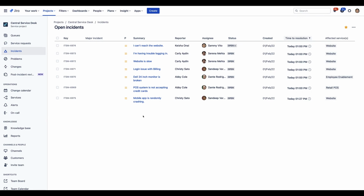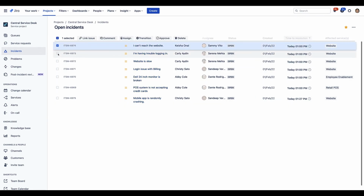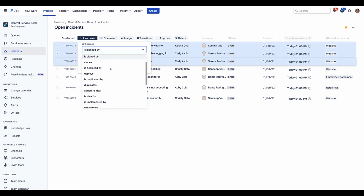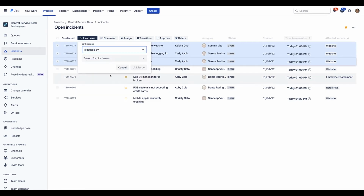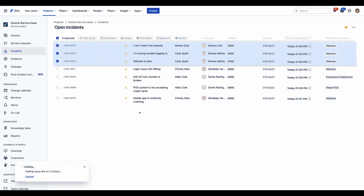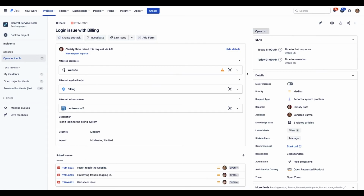Once your incidents have arrived, your agents need timely access to key people and information to get incidents resolved quickly, and the incident capabilities in Jira Service Management help you do exactly that. It starts with the ability to quickly bulk link related records together, right from the queue you are working in. Once you have your key incident record identified, the issue view brings together several pieces of important information, including the